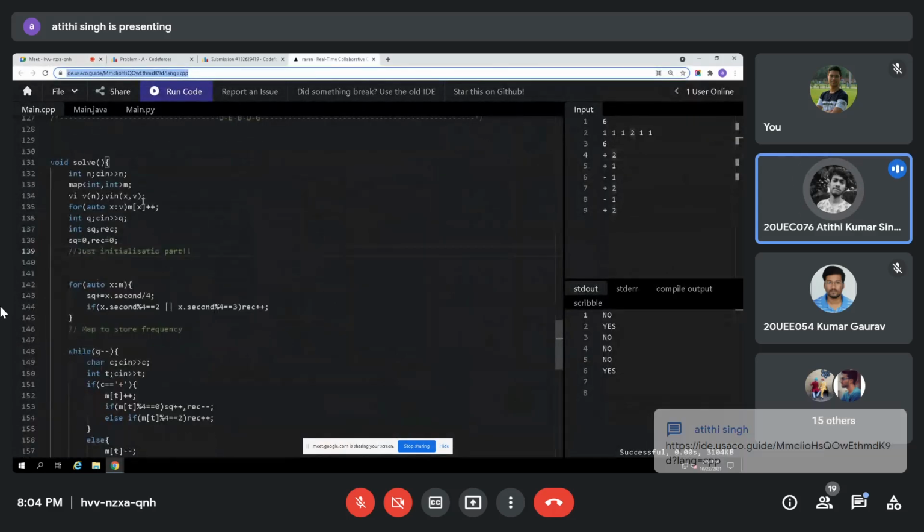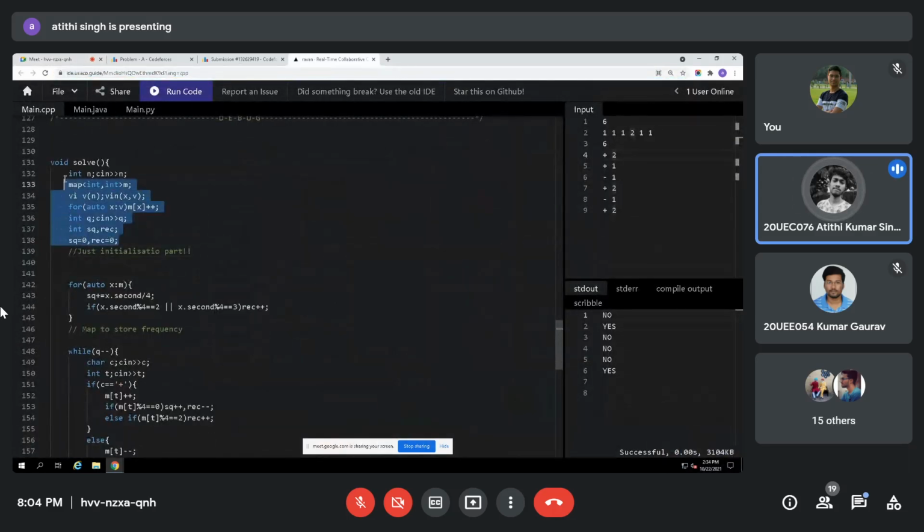What I'm doing is that first I'm taking the input from this part to this part. I have taken the integer n, which will be the initial number of logs. I have taken a hash map. And then I have made a template. This line makes a vector of size n and then takes the vector as input. Is the statement clear? Is anyone saying that they have never seen this statement? This is our template. You can basically say that I have made a shortcut which will just take the input.